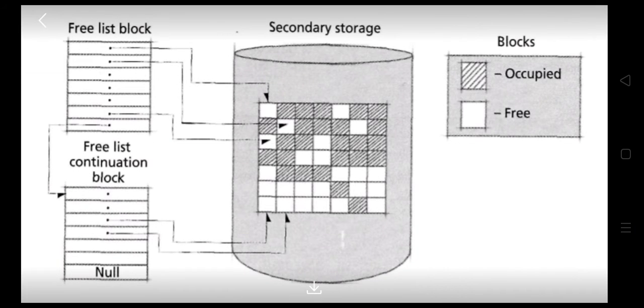Now you can see that there is a diagram in which a secondary storage is shown. The shaded section shows the occupied blocks and the white section shows the free blocks. The free list is a linked list of blocks with the locations of the free blocks. The last entry of a free list block stores the pointer to the next free list block. If the last entry of the last free list block stores the null pointer,